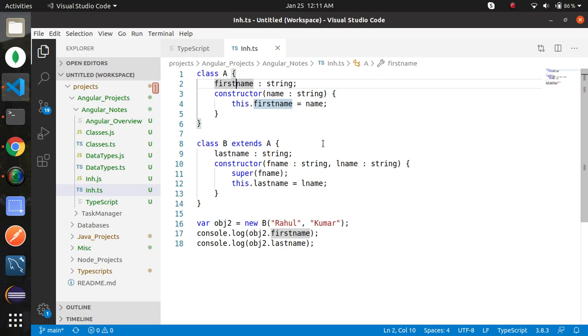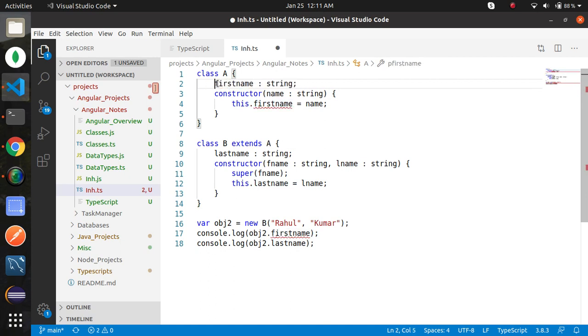Private and protected, you can use as per your requirement.